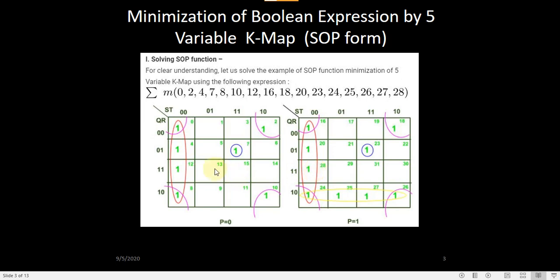So we just write that. If you see here, P is 0 and here P is 1, so it is not dependent on P. So it is S dash T dash. This box and this box we can club and just write as S dash T dash. What about the corner four ones also? Both corner sets can be clubbed, the four corners also. What about this yellow one, which is independent? How do we write the expression for that?